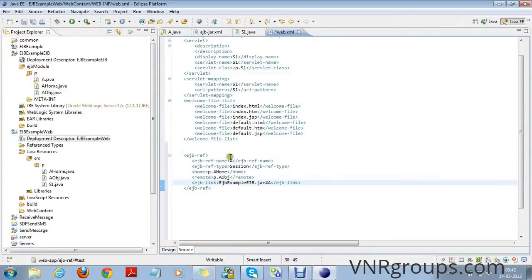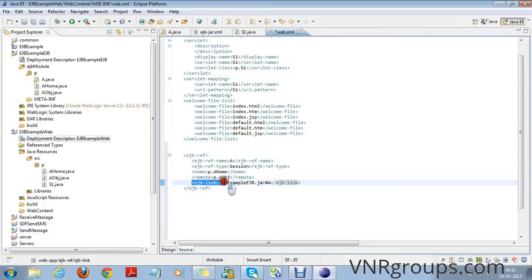So EJB ref name, EJB reference name, is the name which we will use to call the EJB component. This name will be used to look up the EJB component to be called. EJB ref type is the type of EJB. It is session bean. Home and remote are the interfaces.